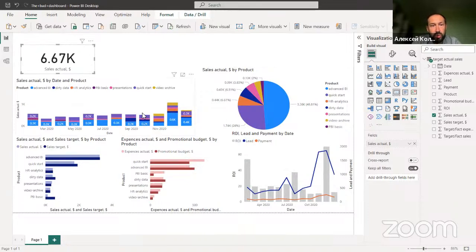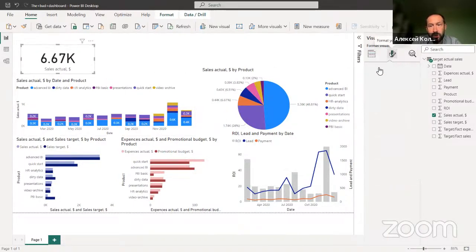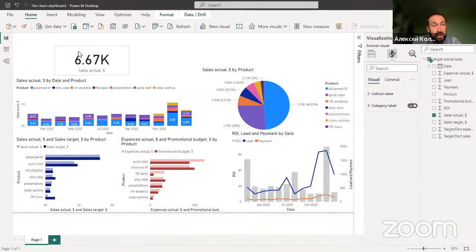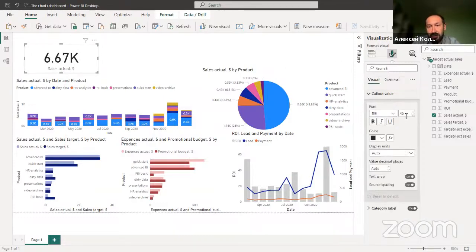What I want to do, I want to add some, because I have not so many free space, I want to decrease this giant total value, call out value not 45, 30 is enough, and display units not in